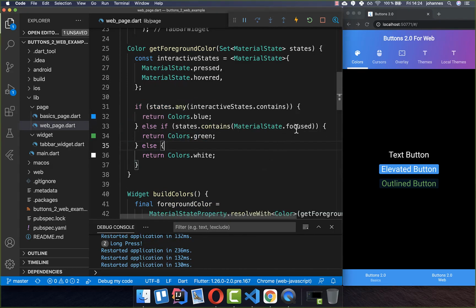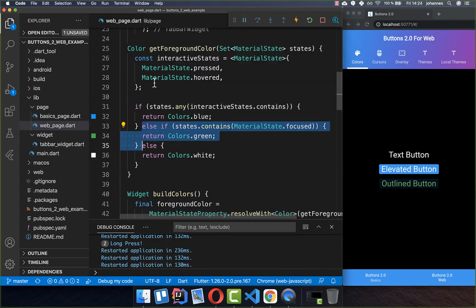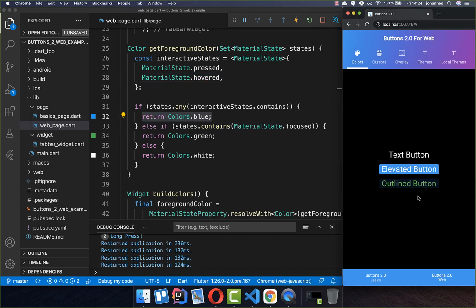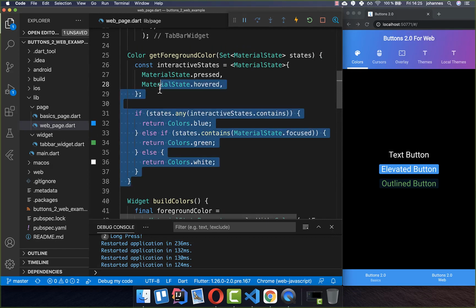So right now I changed here the order and put the focus state at the second location, and I also removed here the focus state from our interactive states. And now you see that our button has here a foreground color of green for our focus state, and if I hover over this button, it turns to blue because this one here has a higher priority than the other condition below. All in all, you have with this buttons 2.0 a lot of control over how your buttons are displayed,